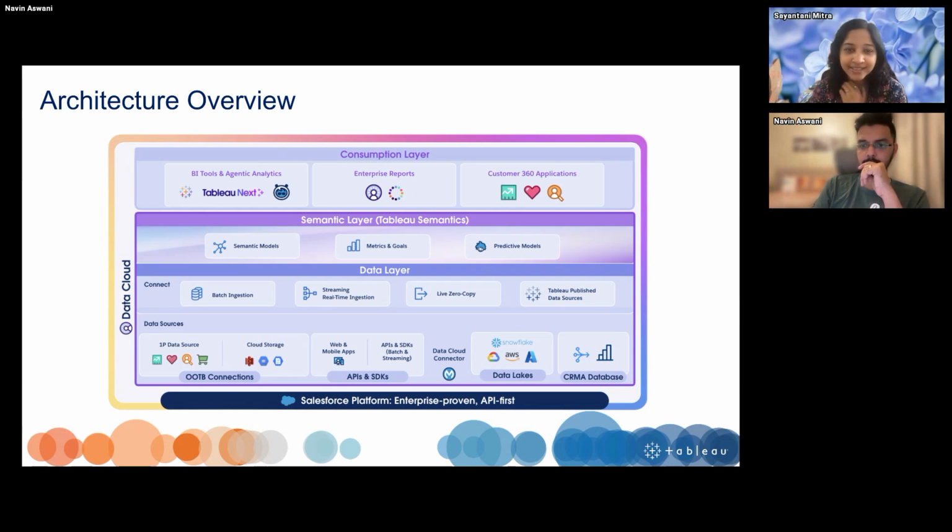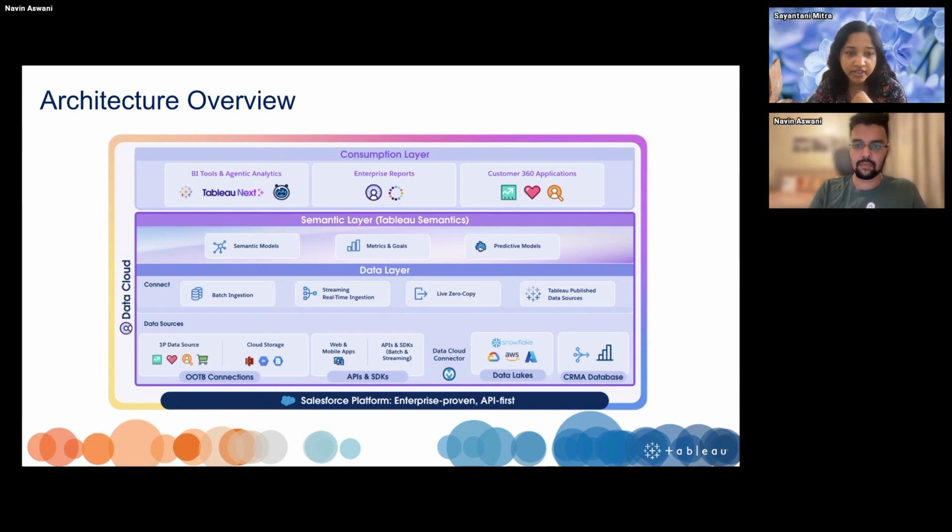But okay, back to this. Salesforce platform, enterprise. This is, of course, enterprise proven. It's API first, as Salesforce always says. It's also low code or no code, which is also a motto of Salesforce. So, keeping all those things in mind, the way it starts is the semantic layer, which Naveen was going through till now, is all the different data sources that you can pull through.